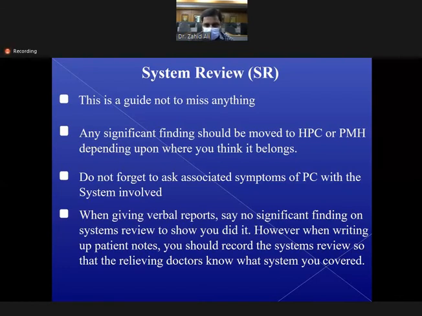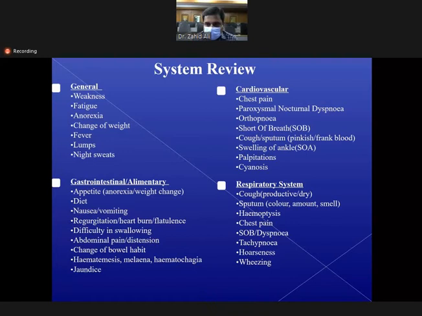However, when writing patient notes, you should record the systemic review so that the relieving doctor knows what systems you have covered. In surgery, most of the time you can encounter GI symptoms like pain in the abdomen and vomiting. You know, GIT comes first. So you should be very familiar with asking systemic review questions related to the GIT. Here, I have covered almost all. For example, generally you have to ask about weakness, fatigue, anorexia, change of weight, fever, any lumps, and night sweats. If I have to cover the gastrointestinal systemic review,